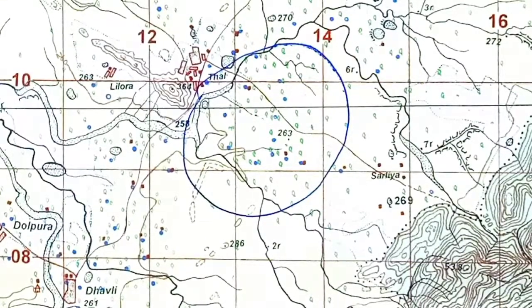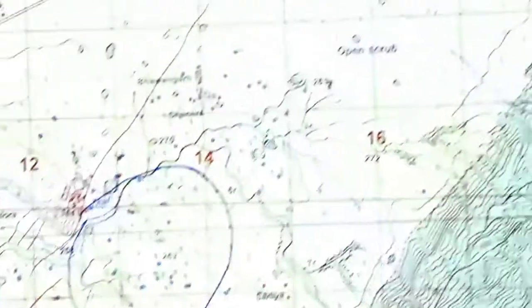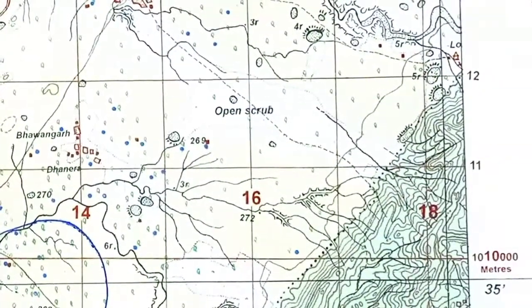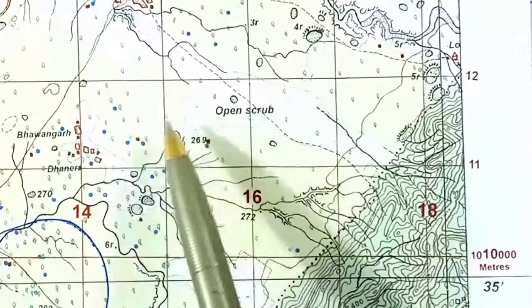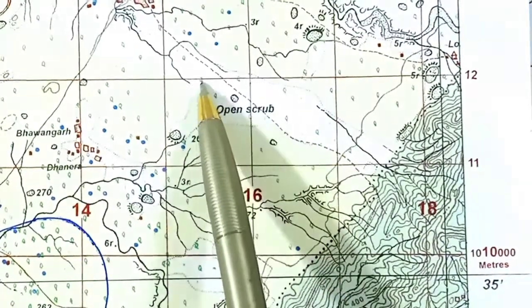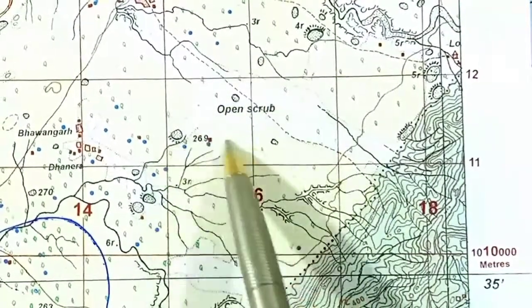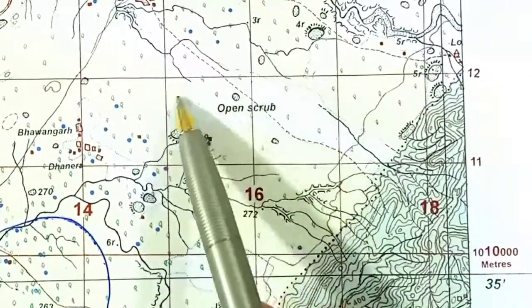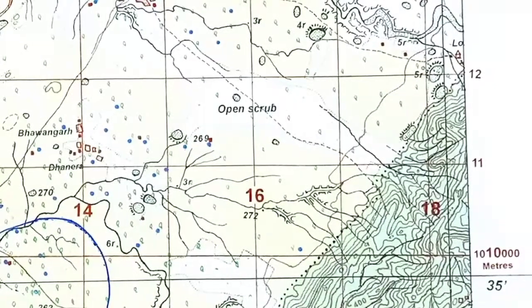So like this, forest as well as the scattered trees as well as the open scrub area. Now students, open scrub has very scanty rainfall, so it results in very scanty vegetation, only consists of bushes and grasses. So you will find very few trees out here, and this area is mainly used for cattle rearing, sheep rearing.